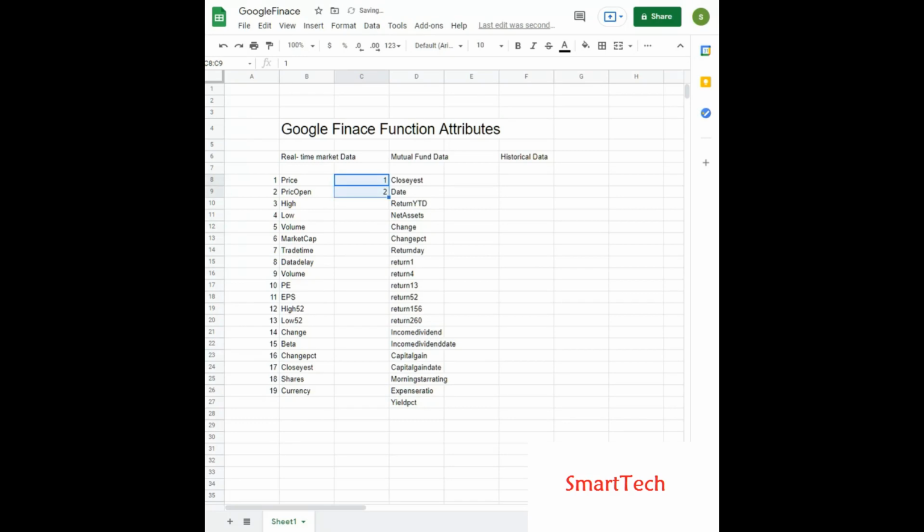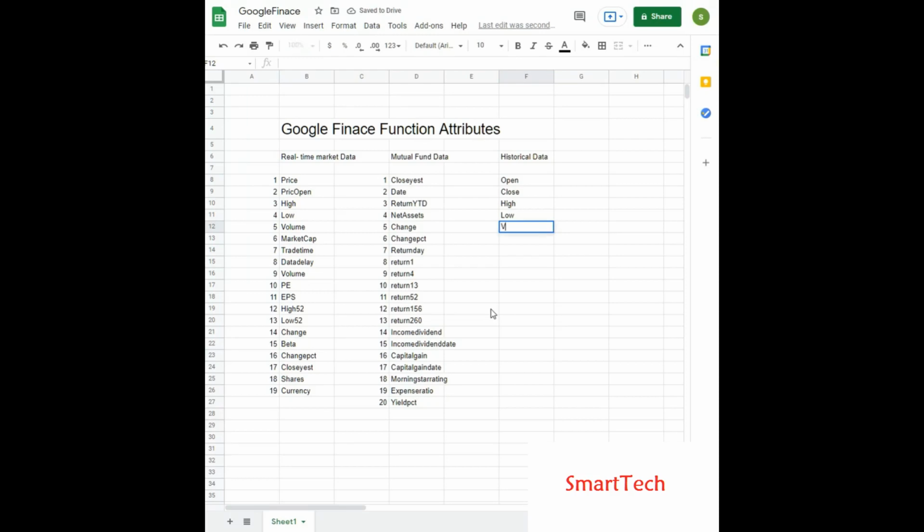So now we'll talk about the last attribute, historical market data. In that there are only a few functions provided by Google Finance. The first one is open, the opening price of the stock for the indicated day. The second one is close, the closing price of the stock for the indicated day. The third one is high, the highest price of the stock traded to date. And the fourth one is low, the lowest price of the stock traded to date. And the fifth one is volume, the number of shares traded of this stock to date.